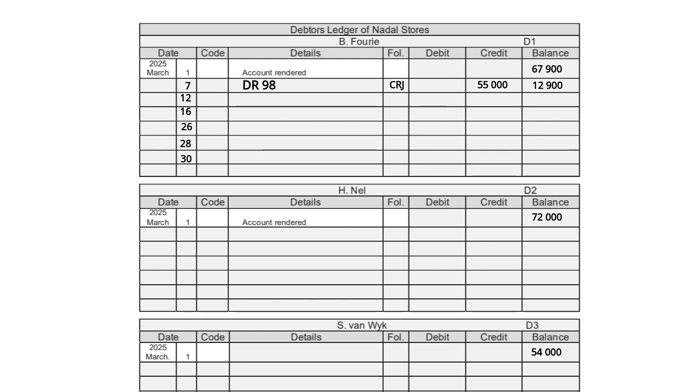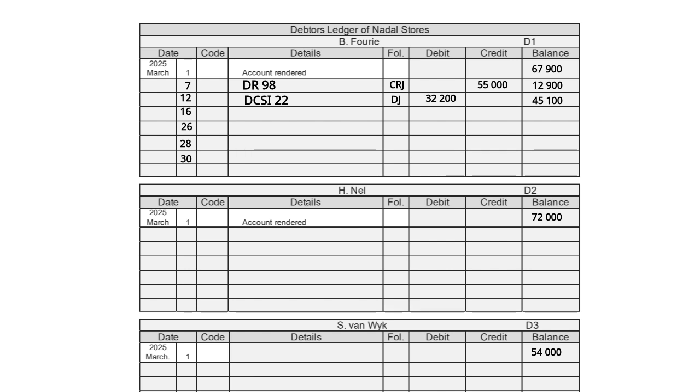Then the next transaction that I see of Fourie is on the 12th. On the 12th, more credit sales of inventory took place, 32,200. So a credit sale will increase Fourie's debt. So the journal is debtors journal. The amount will go in the debit column, 32,200. It is a duplicate credit sales invoice, number 22. And now the balance is slightly higher again,